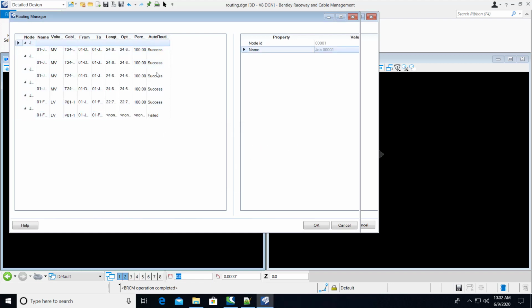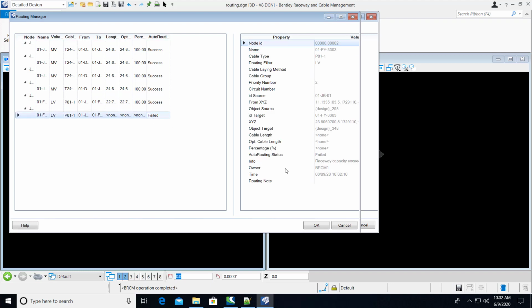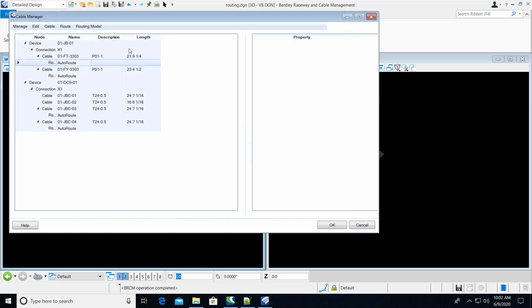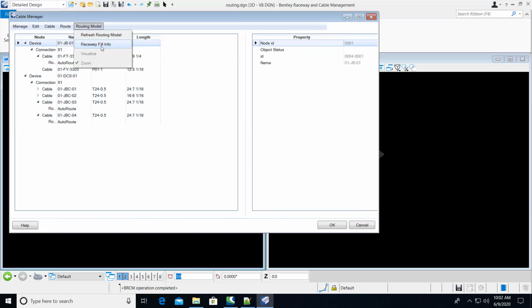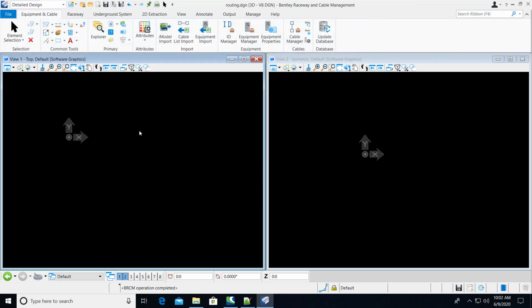And now you can see that all the medium voltage were succeeded, and one of the low voltage cables succeeded, and one of them had failed still, and the raceway capacity was still exceeded for this, but now we have more cables routed than what we had previously seen. And so if we go ahead and review the raceway fill,